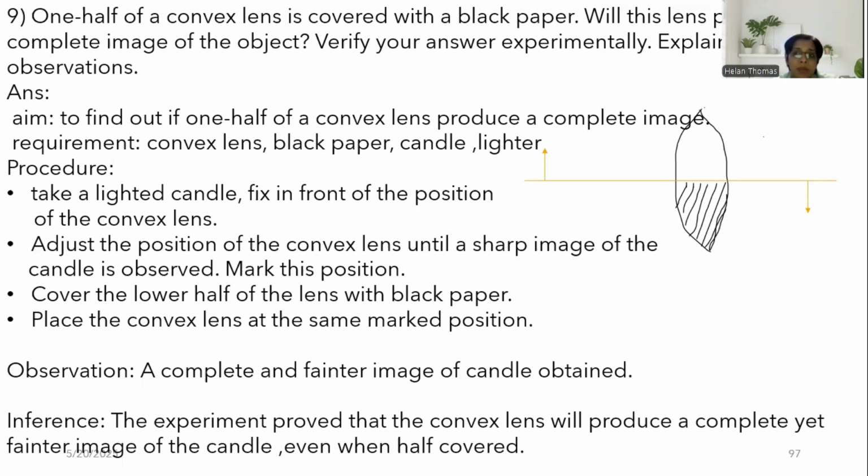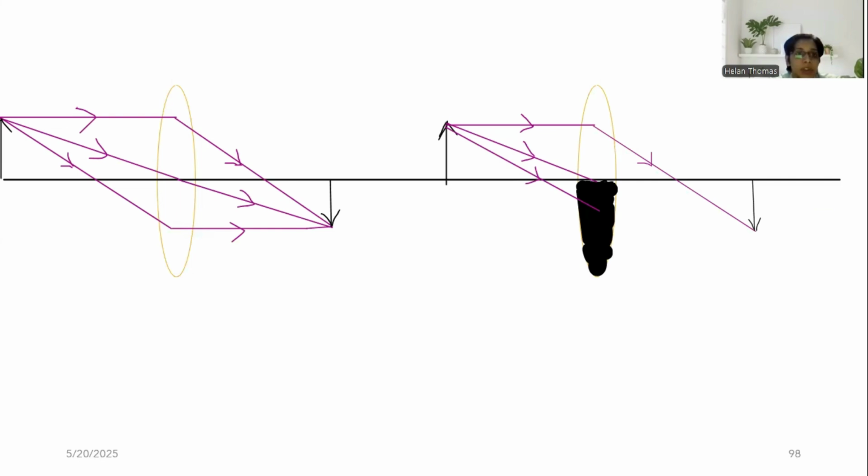And when half of the lens is covered, you will get a fainter but still a complete, real and inverted image. So you will have to verify your answer and explain your observation. So the observation is that you will get a complete and fainter image, and for the explanation, you can just